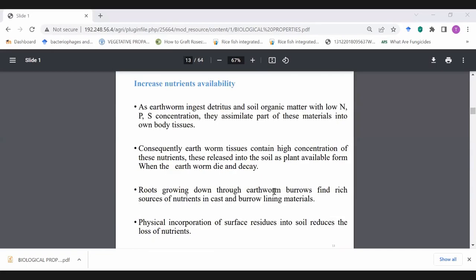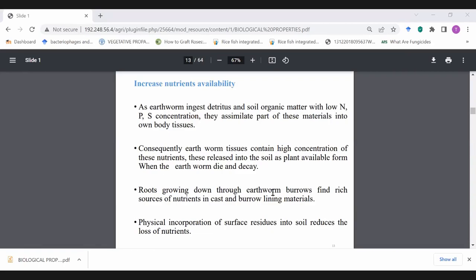Okay. According to that slide, this is increased nutrition availability. As the earthworm ingests detritus, something waste, and soil organic matter with low nitrogen, phosphorus, and sulfur concentration, they assimilate part of these materials into their own body tissues. Consequently, the earthworm tissue contains a high concentration of the nutrition. Then, if the earthworm dies and decays, at that time the plant takes that nutrition, absorbs the nutrients when they are